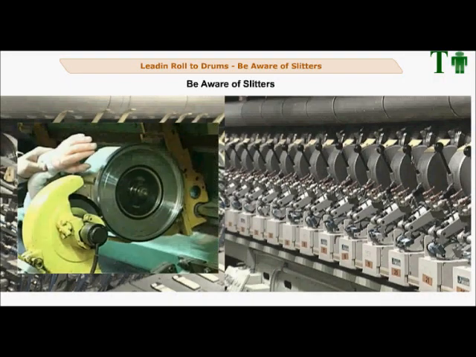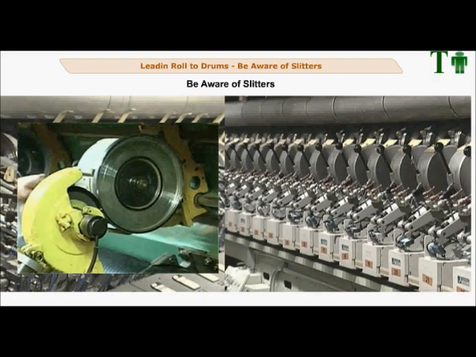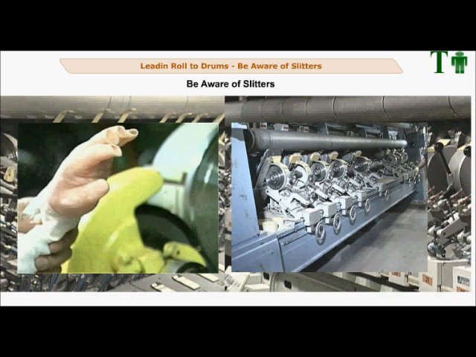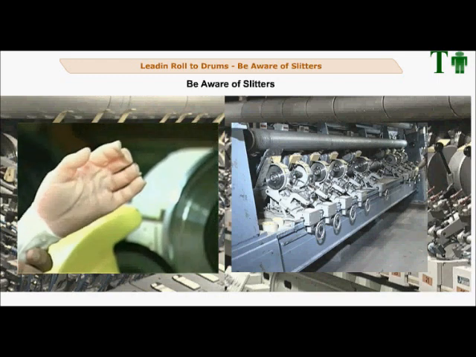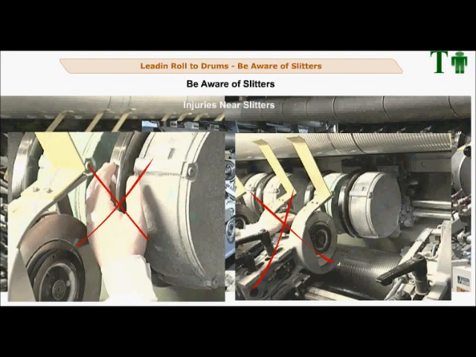Be aware of slitters. Hand injuries are the number one type of injury within Weyerhaeuser. It is a leading type of injury at the winder while working on slitters. There are almost as many injuries working around slitters as there are when changing slitter blades. Serious cuts have been caused by not knowing exactly where the slitters were when threading the winder, when dropping a